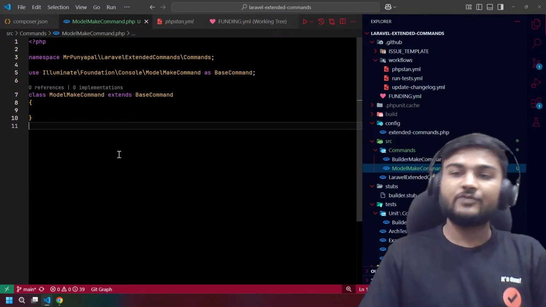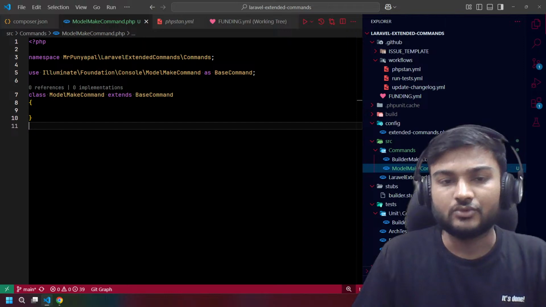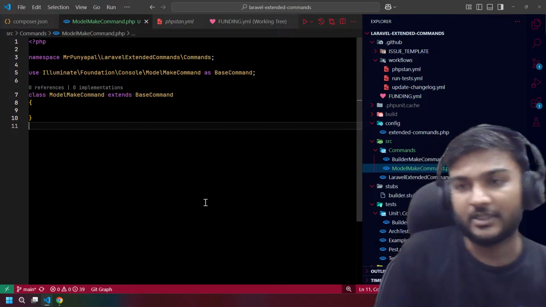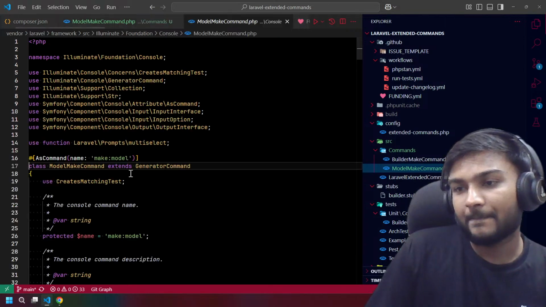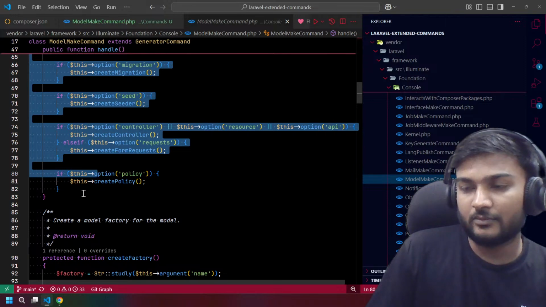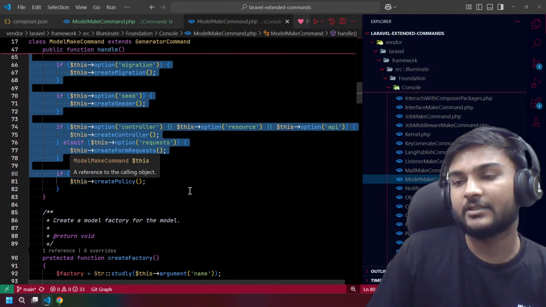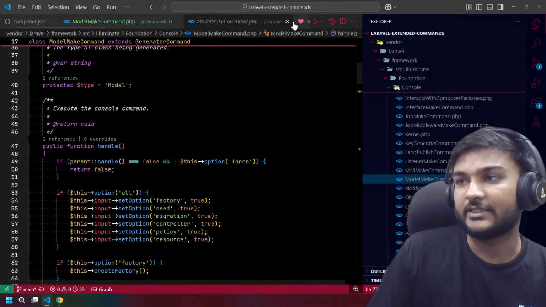But now what we want to do is update the handle method, because if you see this handle method, at that place we decide what other things should be created, right?